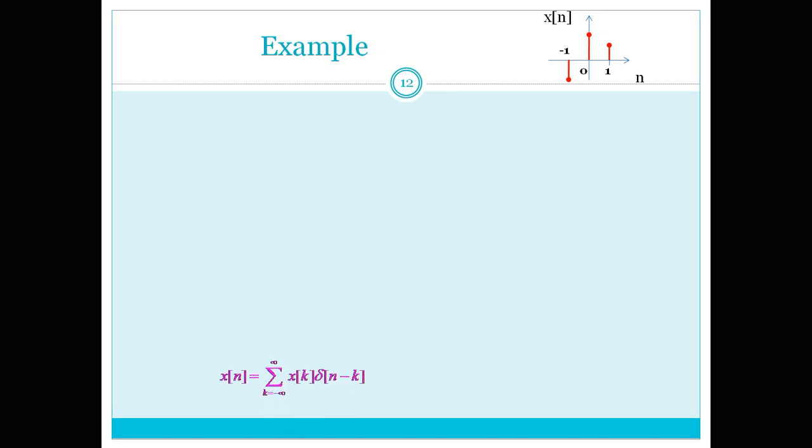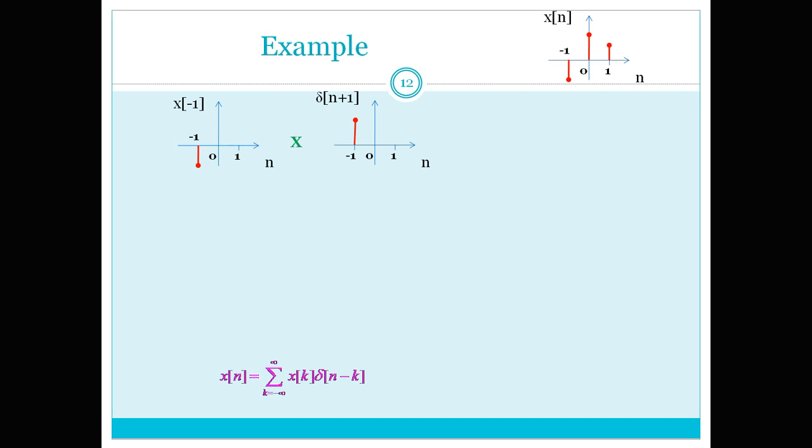x of n is equal to sigma k equal to -infinity to +infinity x of k delta n minus k. So with this formula, I can represent x, from -infinity to +infinity. I like to see the values. So the first non-zero value is at n equal to -1. So that was shown here clearly, and